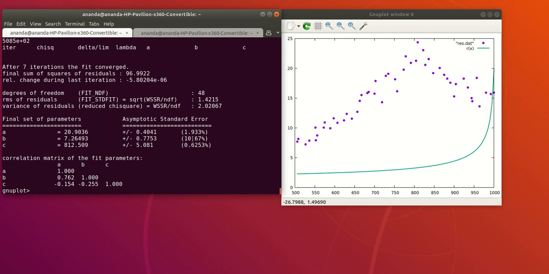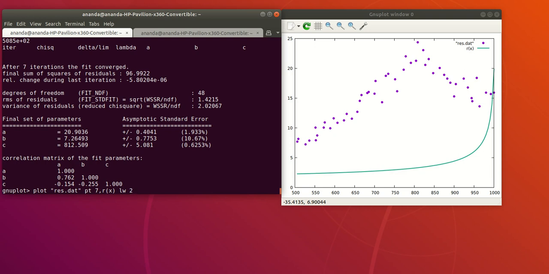Now I am getting some errors, around 10% for this, 2% for this, quite a lot less for C. I should be reasonably confident that this graph should not look too bad. And although 10% error in B may look big, you should realize the data file has rather wild fluctuations. So while this is a resonance curve, there are a lot of errors here, and the 10% error is not that bad. To see whether this is any good, let's try plotting